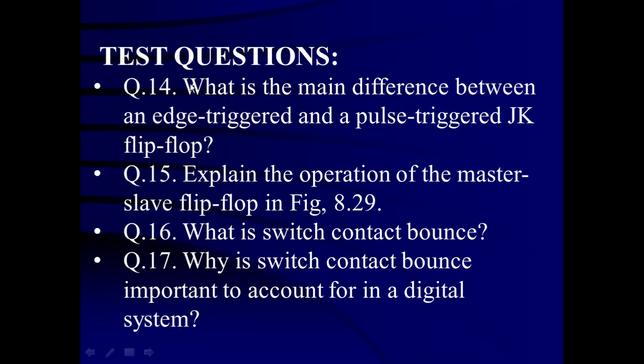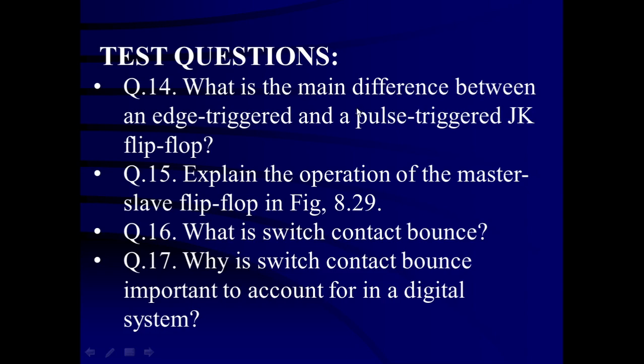These are the test questions. What is the main difference between edge triggered and pulse triggered JK flip flop? I have explained that the flip flop which responds on a transition from low to high level or high to low level is called the edge triggered flip flop, may be positive edge triggered or negative edge triggered, and that transition period is very small, that is T rise and T fall time only. During that time the flip flop is active or it takes the value which is present at J and K,